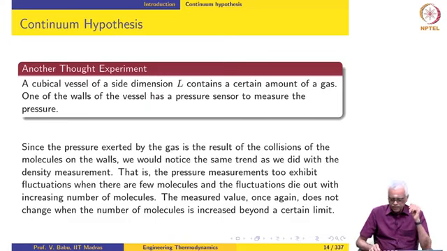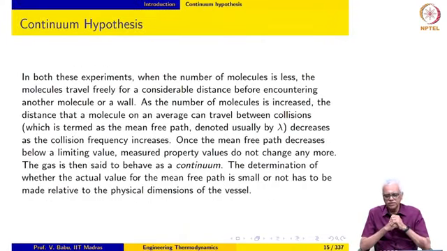So, we can surmise based on these two thought experiments that when the number of molecules is less, the molecules travel freely for a considerable distance. The number of molecules inside the vessel is less, so the molecules can travel freely from one place to another without encountering another molecule or the wall. Okay. But as we increase the number of molecules, the distance that the molecules can travel freely diminishes. So, the distance that they can travel before encountering another molecule or the wall diminishes,